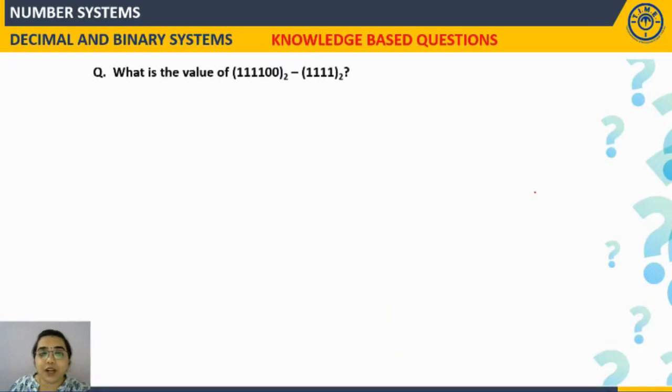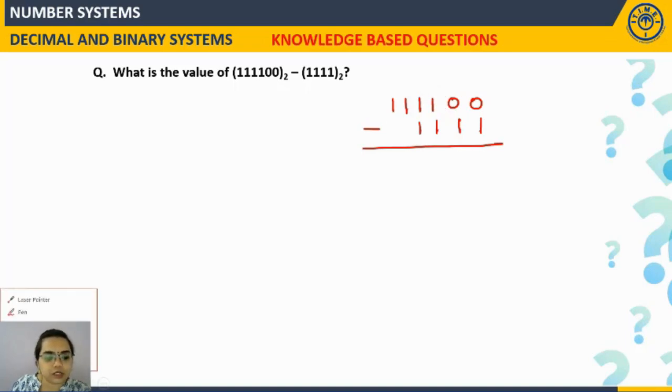What is the value of 111100 minus 1111? Fine. 111100 minus 1111. Okay. Now when you're doing the binary subtraction, I want you to be a little careful, because when we are bringing the carry, you have to do it very carefully. Now have a look here. From this one we are going to take the carry, so just cross this one, put a 0. I'll change the color of the pen. Anyway, we are cancelling this one, we have a 0, so here you will get 1.